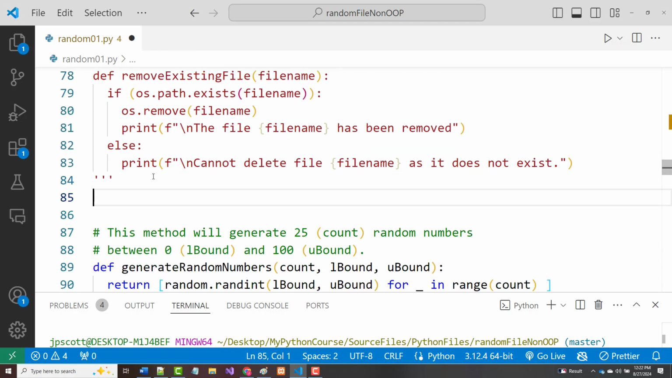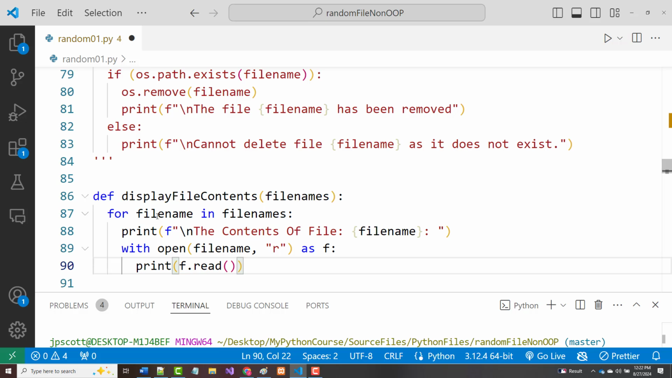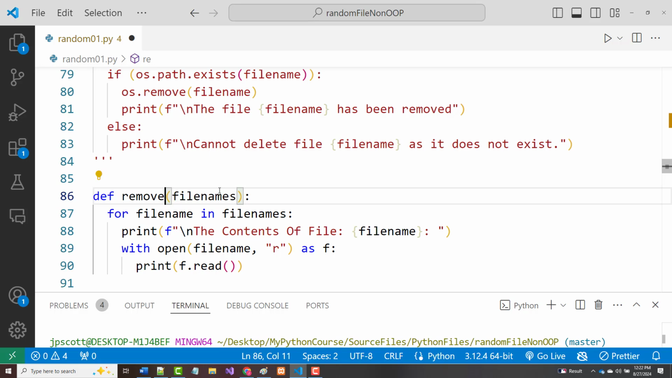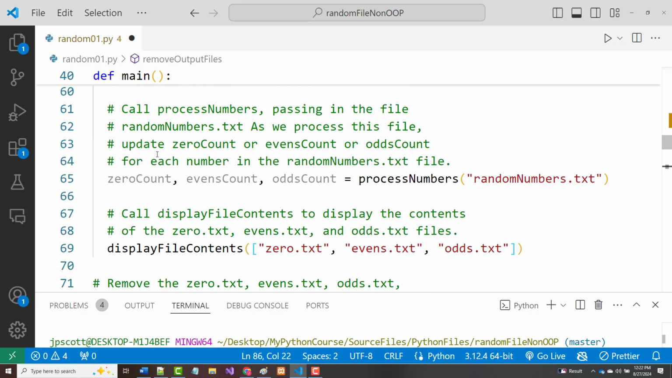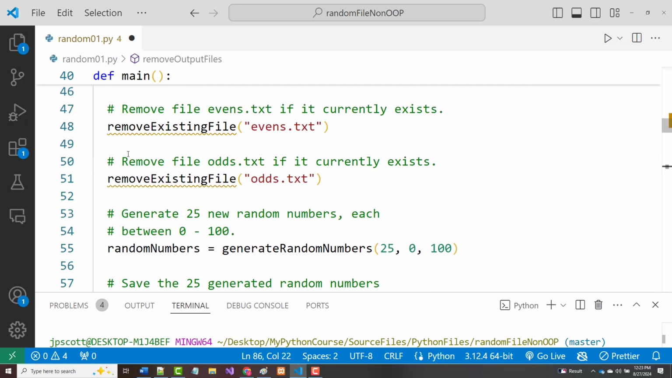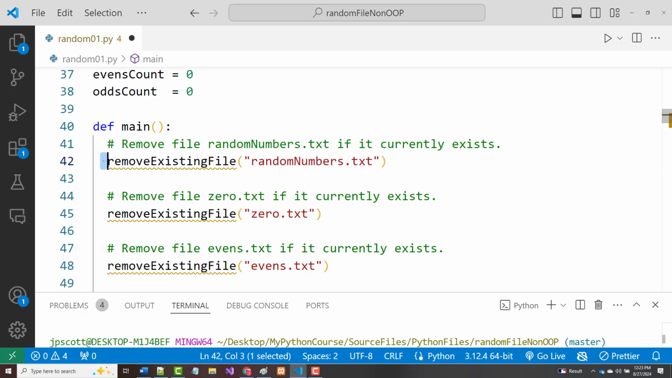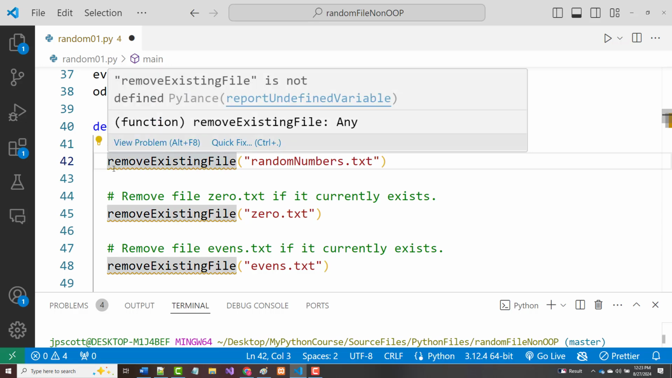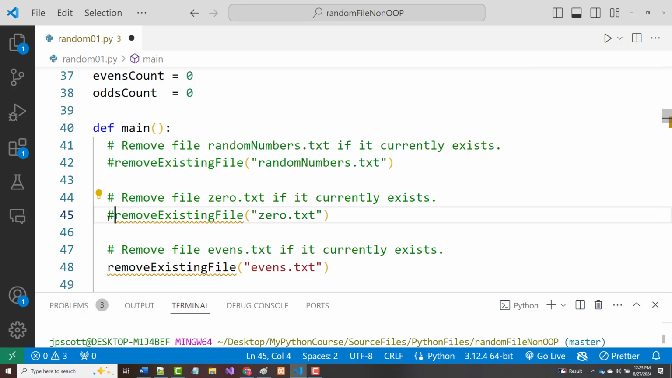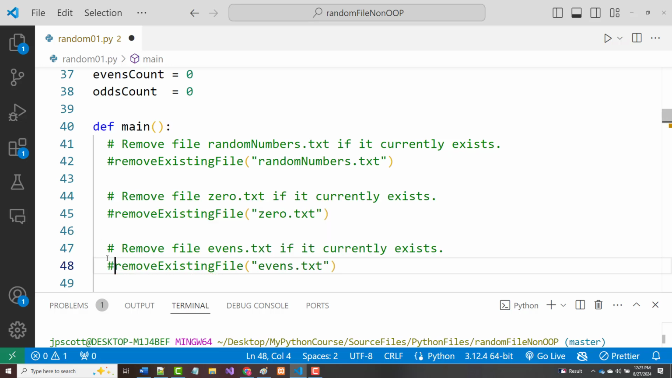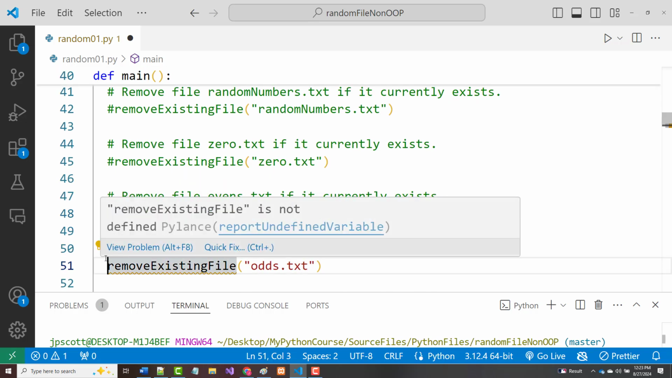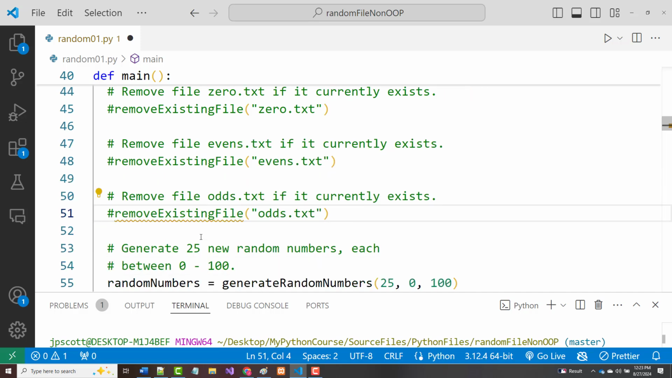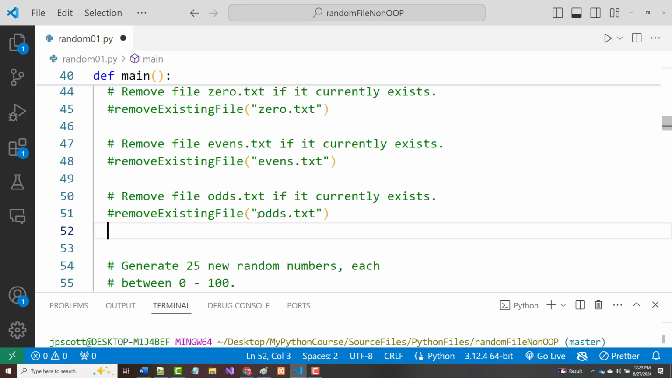And I'm going to change this. Instead of display file contents, I'm going to call this remove output files. And I'm going to call that up here. So I'm going to keep all this stuff I've got in here, I'm just going to comment this out, and hopefully you'll see why in just a couple moments. So I'm going to change this, and what I'm going to attempt to do is call